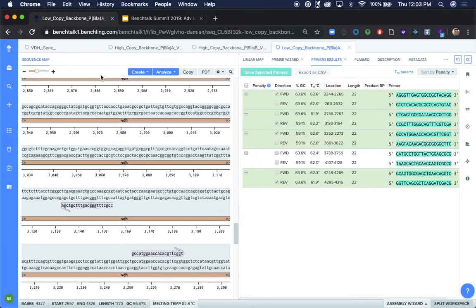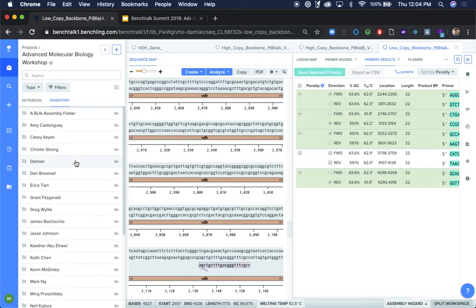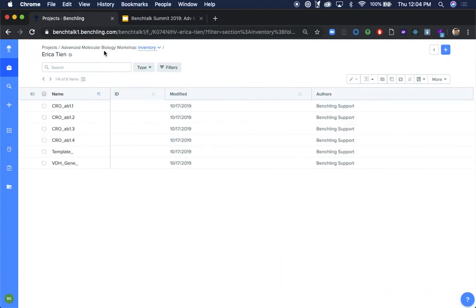So the last step then is to just show off the alignment tool. What you can actually do here is go ahead in each one of your particular folders. I'm just going to go ahead and, for example, click on Erica's here. You'll see that you have these templates as well as these CRO AB1 files. So what you can actually do here is click on the expand arrow one last time, select the following sequences,